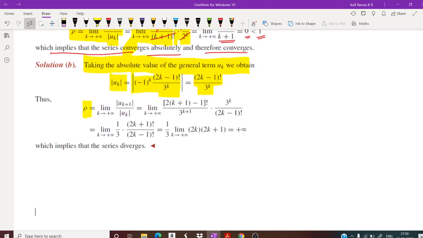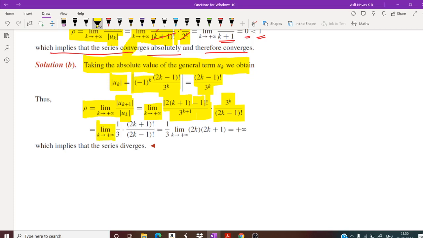So if I take rho equal to limit k tends to infinity mod uk plus 1 divided by mod uk, which is equal to limit k tends to infinity 2 into k plus 1 minus 1 factorial divided by 3 raised to k plus 1 into, we will take the reciprocal of uk, 3 raised to k divided by 2k minus 1 factorial,